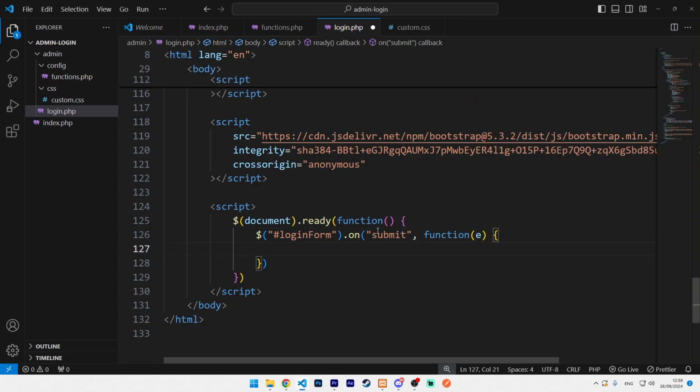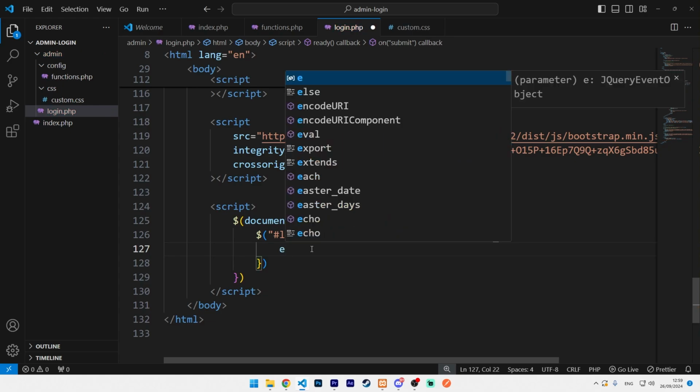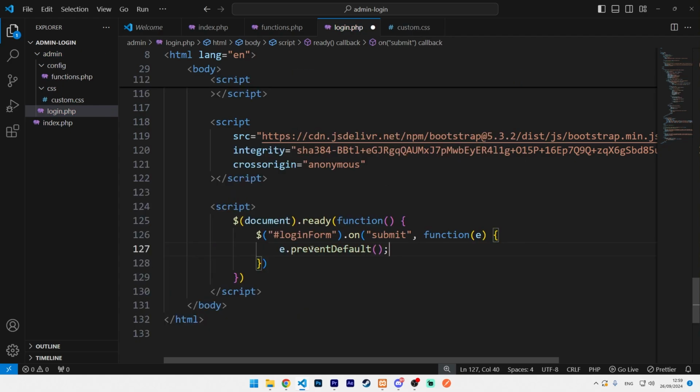When the form is being submitted, we're gonna prevent the web page from refreshing by using preventDefault. So we're gonna use e.preventDefault to prevent the browser behavior, or browser refreshing, when we submit the form. Okay, and next we're